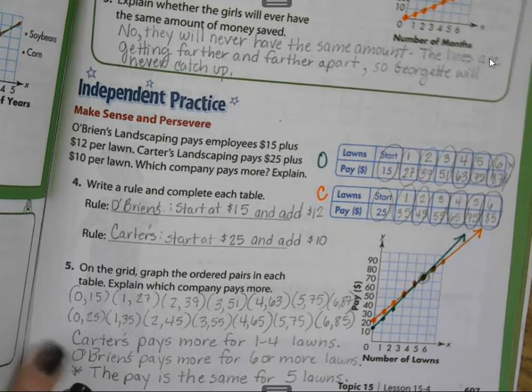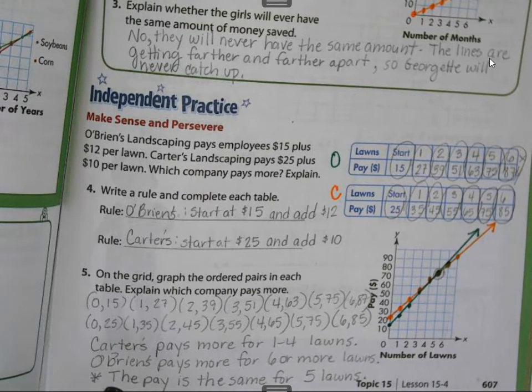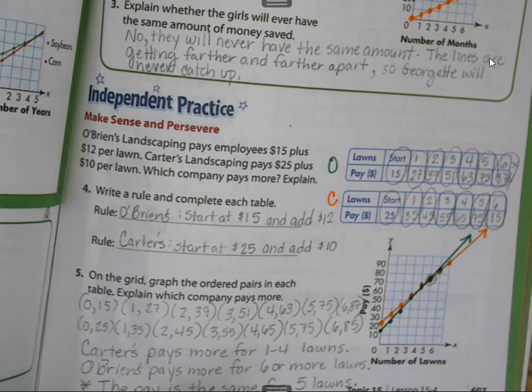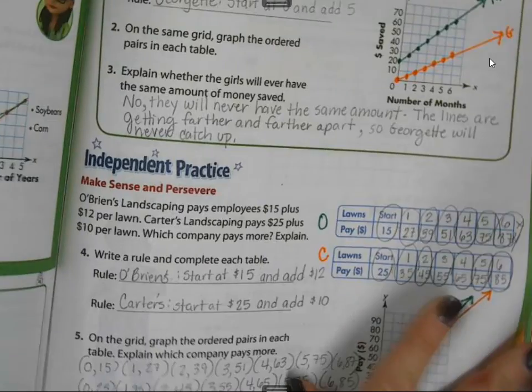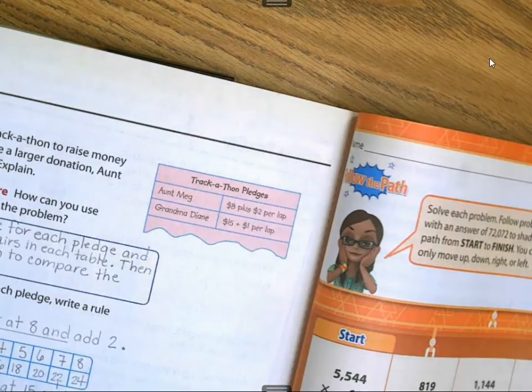Okay. So again, take a minute, pause the video, see if you understand that. Like I said, this one crosses, so it's very much like what happened with the soybeans and the corn acres of those plants on our visual learning video. If you want to look at it one more time, you can go on the back page and work on this trackathon and see if you've really got it. Pause your video, and I'm going to share my strategies and my answers with that one. So on the trackathon, if you chose to work it, all right,